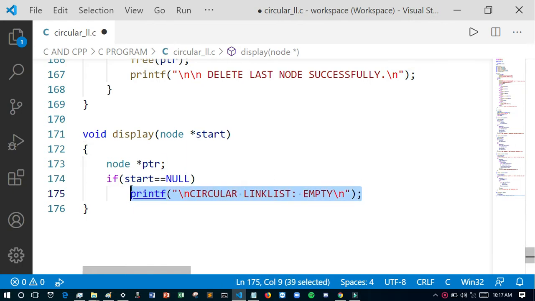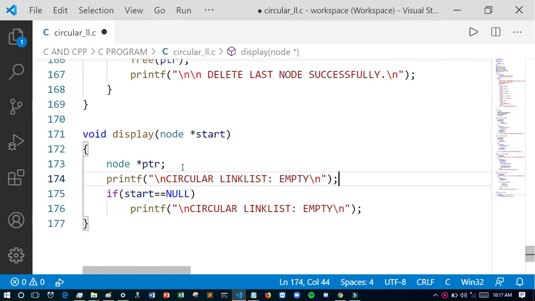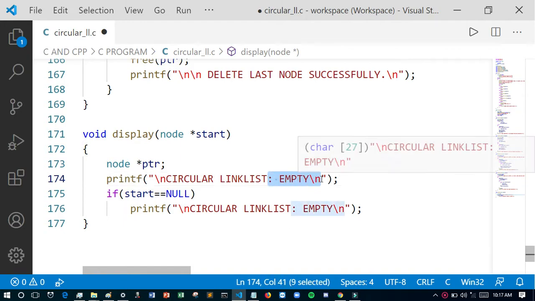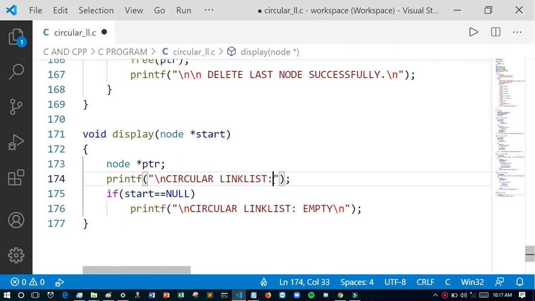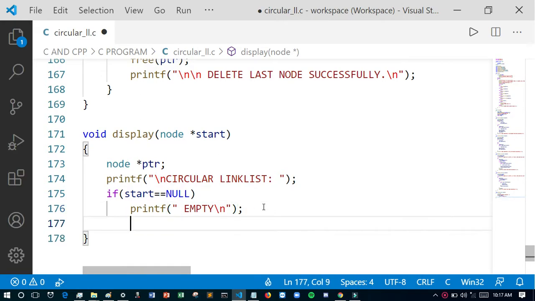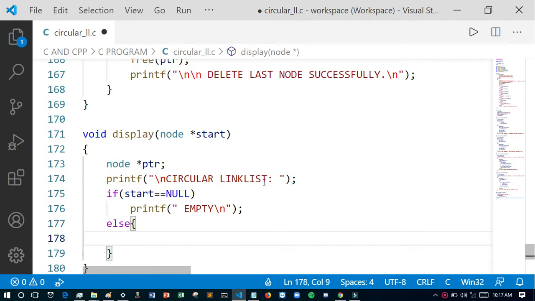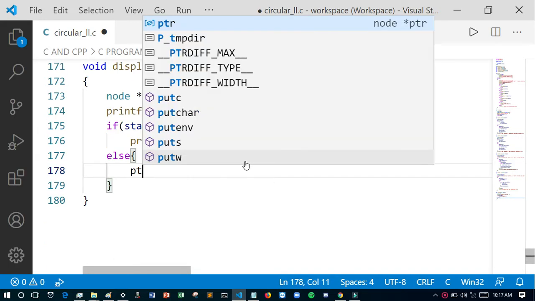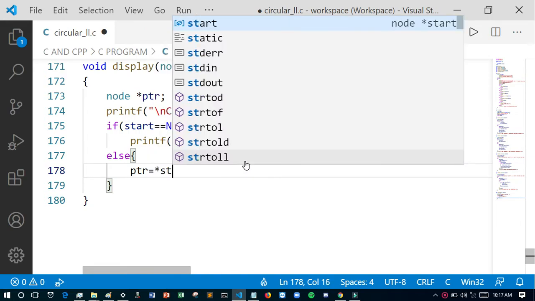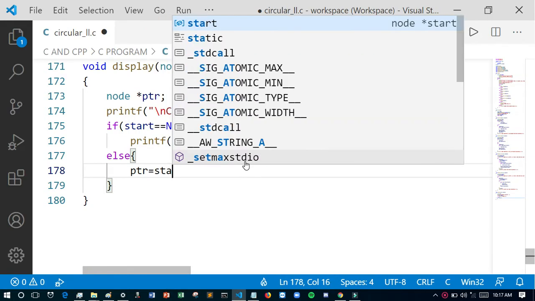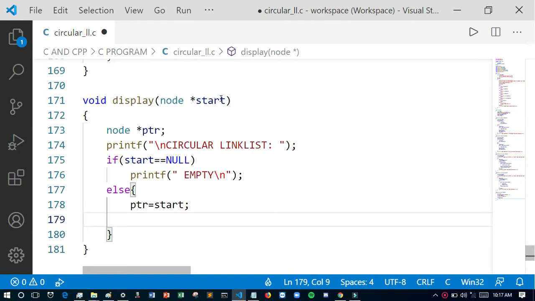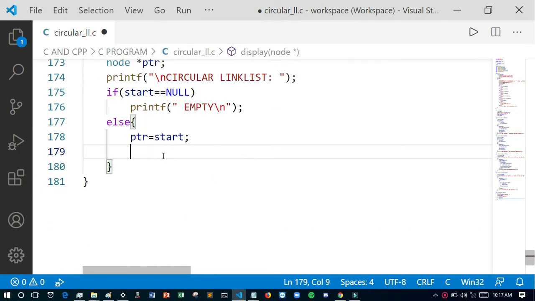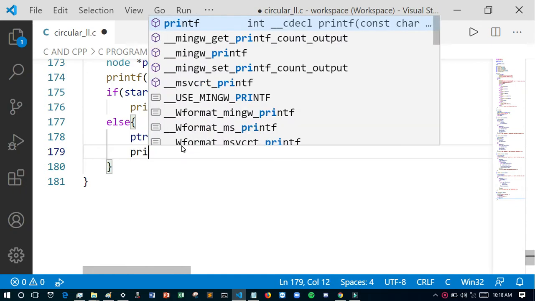If a node is present, then it will do the else part. We will declare ptr equals start. I have used only a single pointer, so for this reason you have to return only the start.